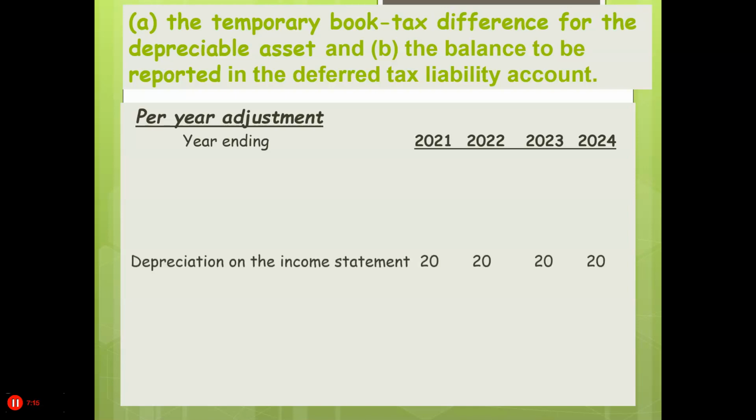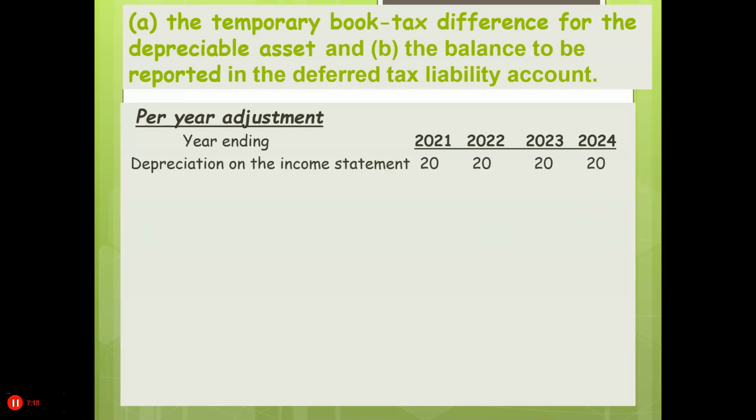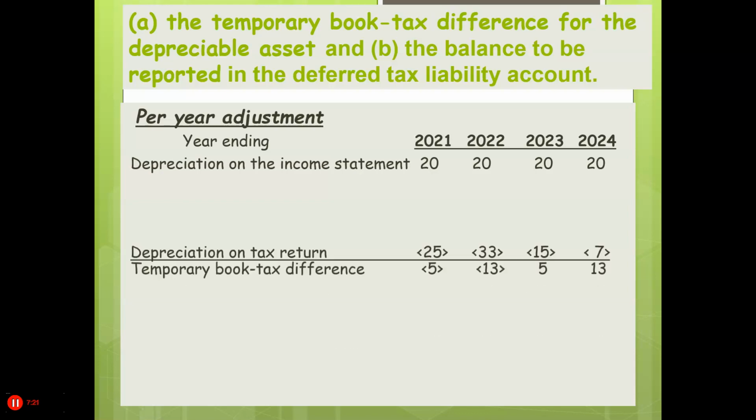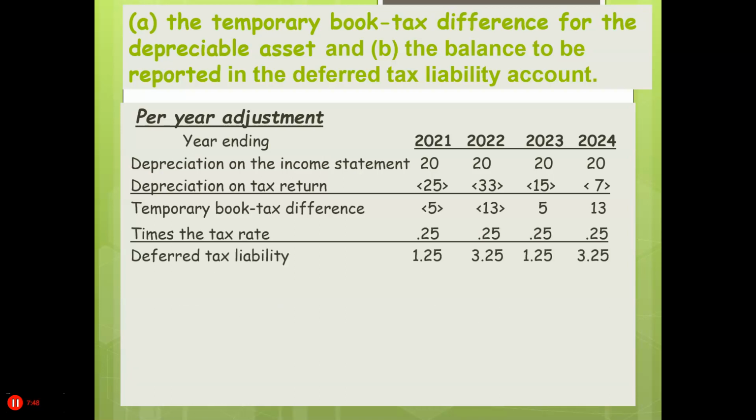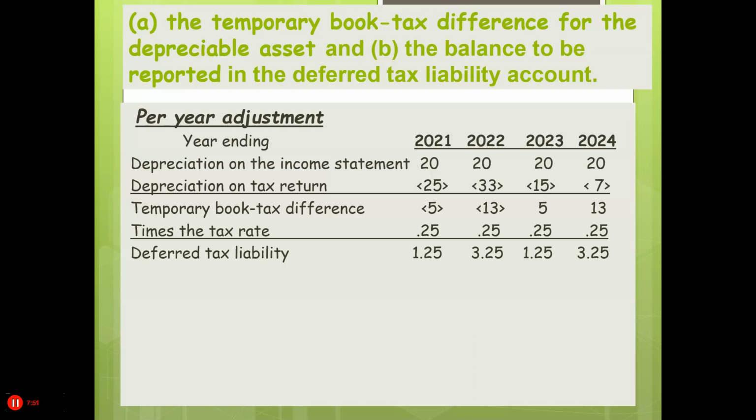So, we start with our depreciation on the income statement. Depreciation on the tax return. That's our difference. Now, as you can see, they really net out, because when you take the 5 plus the 13, that gives you 18 negative, and then you take the 5 plus the 13 when we reverse it, and that's 18, which zeroes out. So remember, in the end, you still end up with the same amount. You're just moving around when you're going to pay the tax. Now you take it times the tax rate,